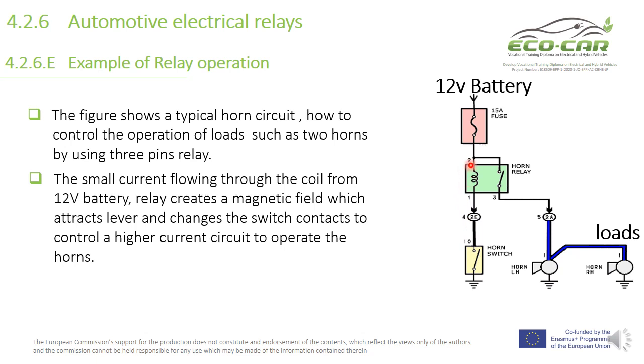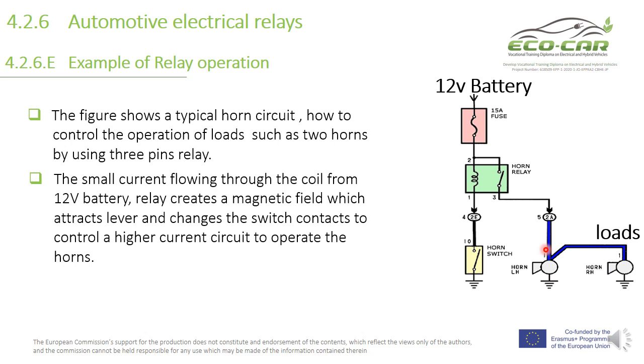So in this case we have positive on the battery, and negative from the negative part of the battery. So this coil creates a magnetic field to close this switch, and then the current passes through terminal 3